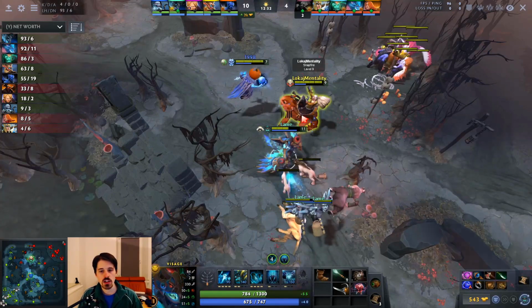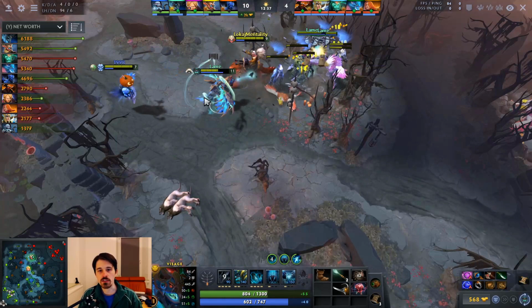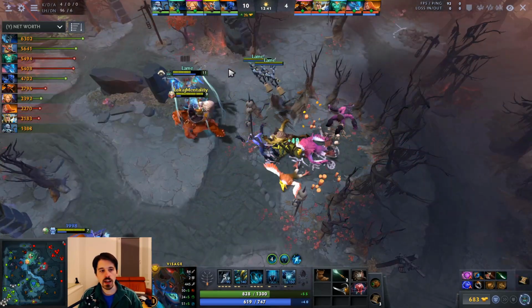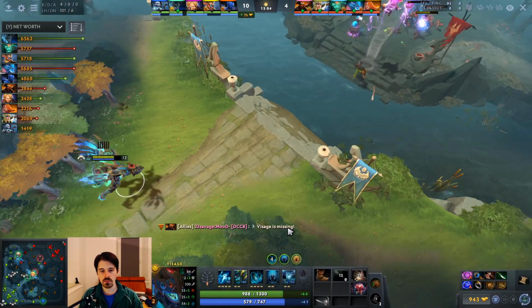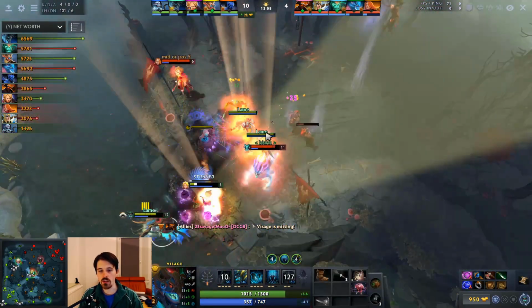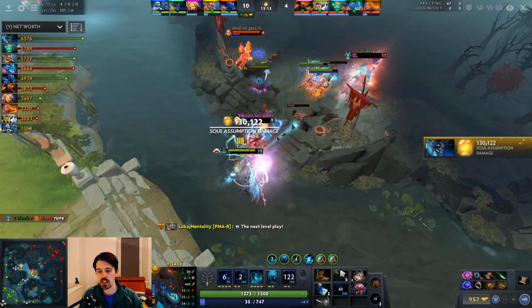So Visage went even in this lane, and then after that, since the other 2 lanes are also going fairly well, Visage is here top of net worth and can further extend that lead with his Midas. So okay, we have our basic setup now. We have level 2 familiars, we have our Midas, and then the next item he's going to go for here